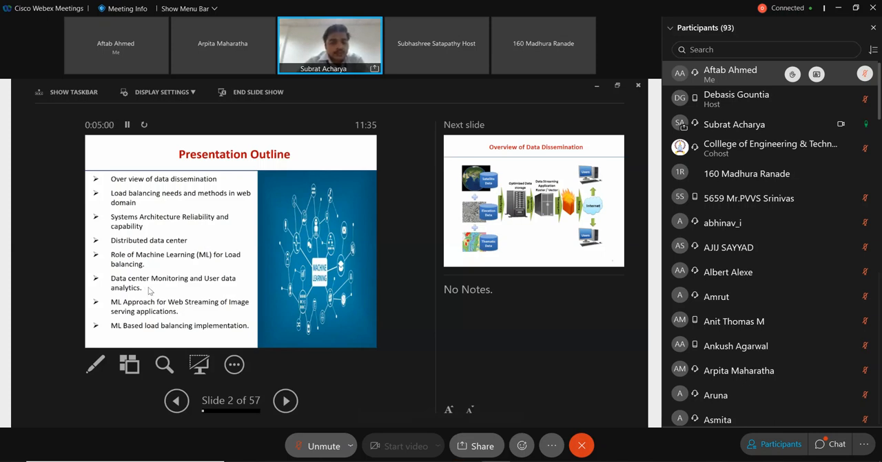So what are the challenges we face when we think of providing streaming of web services? Because of that, we are thinking of this load balancing mechanism with machine learning today, and ML approaches for web streaming of image service applications. This is the main focus I am going to give today, because an image is basically a bulk data set, so how we divide this data, and then this data when it flows to the outside,